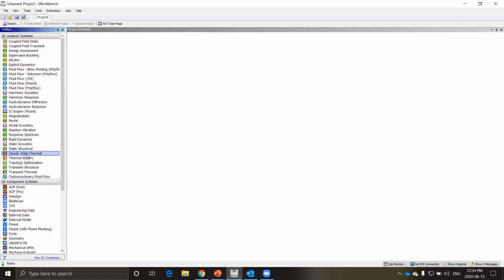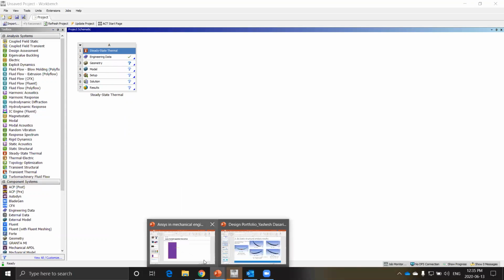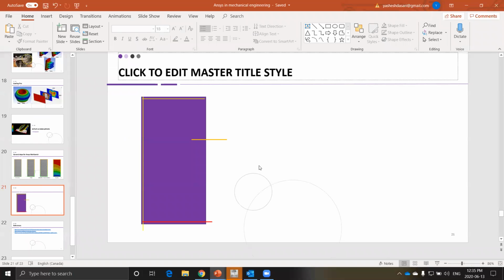So for this simulation, I'll be using a steady state thermal setup. So you drag it. Are you familiar with how you use ANSYS, or do you want me to go through each step? I guess it's up to you, honestly. I just wanted to see what goes through an engineer's day-to-day, step by step. But I guess we could do a little bit of both if you want. It's up to you. Okay. Let's go with all the steps then. Probably it will help the other students if they are viewing this.